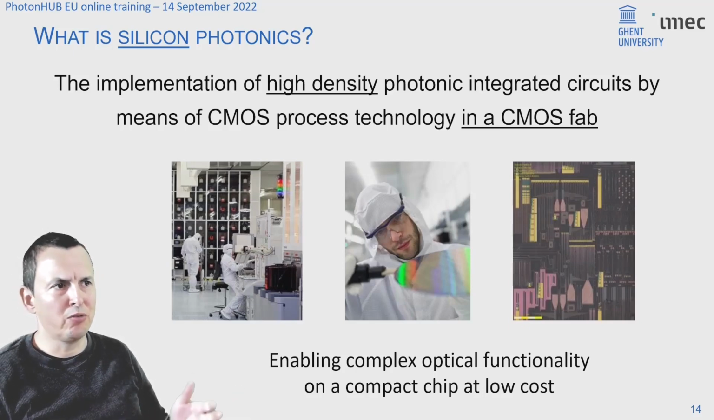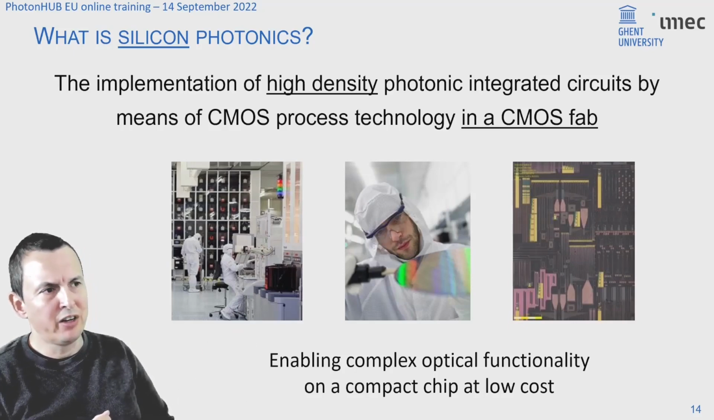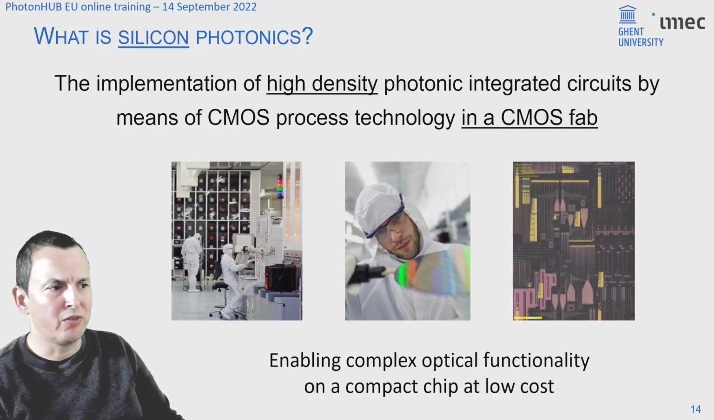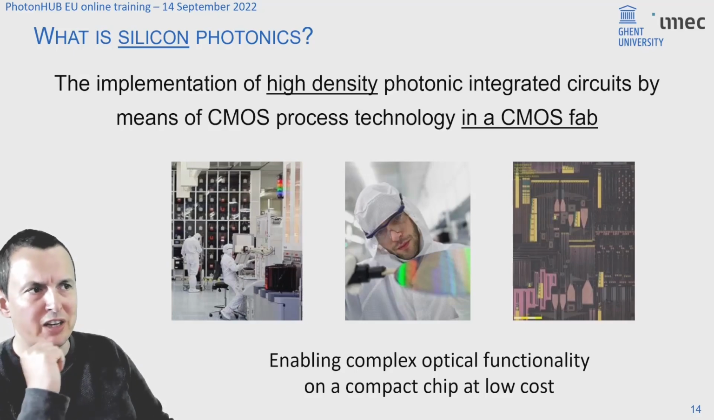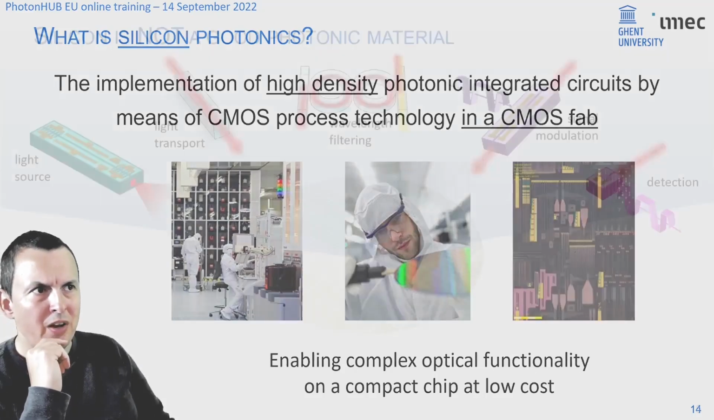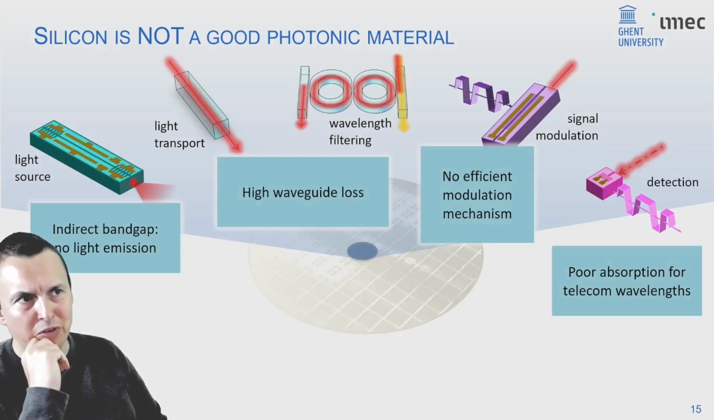You don't have to build a new fab. And there's some other advantages which we'll come back to later. But essentially, the access to that manufacturing infrastructure gives you the possibility to make really complex functions at a low cost. Now, as I mentioned, silicon is not a very good optical material if you look at it for making